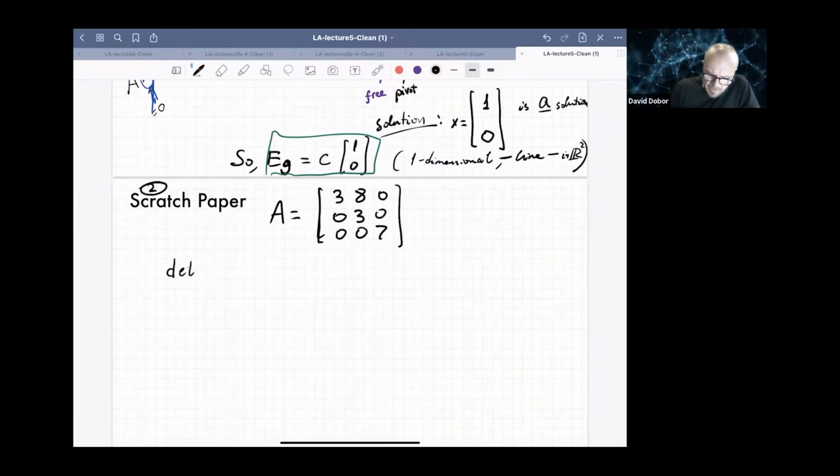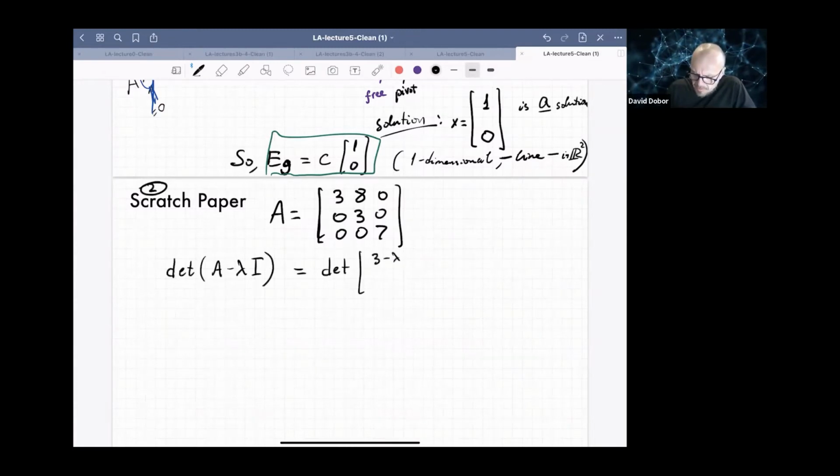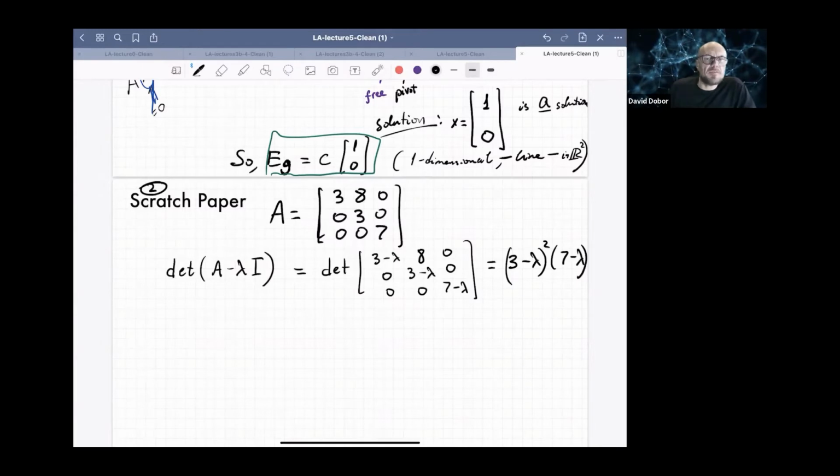I start by writing down the characteristic equation to find the eigenvalues first. That is the determinant of this matrix, 3 minus lambda, 3 minus lambda, 7 minus lambda. Those other entries stay put. This determinant ends up being 3 minus lambda squared times 7 minus lambda, which is a cubic polynomial in lambda. If you expand this, the highest power of lambda is going to be lambda cubed. That's not surprising because you had a 3 by 3 matrix. You would get a cubic polynomial for sure. This is the characteristic polynomial, and the characteristic equation